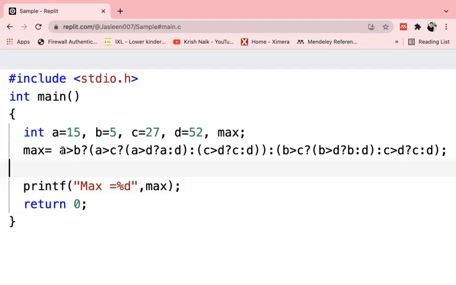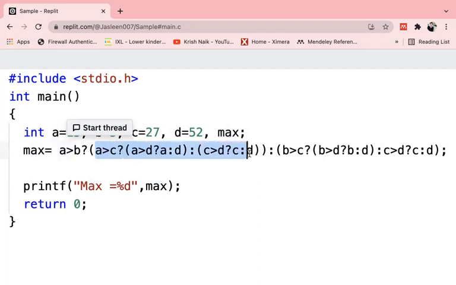So here, this is the same logic which we wrote. If A is greater than B, true, check if A is greater than C, true, check if A is greater than D. If it is true, print A, else we are going to print D. So this is if the expression A greater than C is true. Now, if A greater than C is false, it means you are going to run the expression after the colon. So this will be the expression for if C is greater than A. So we are going to check, is C greater than D? If it is true, we will print C, else we will print D.